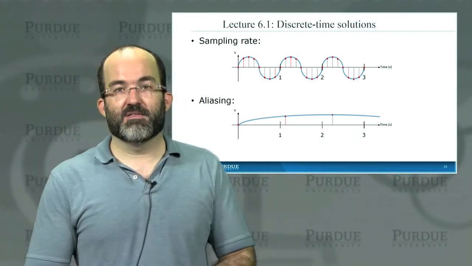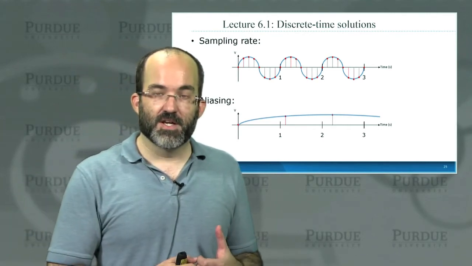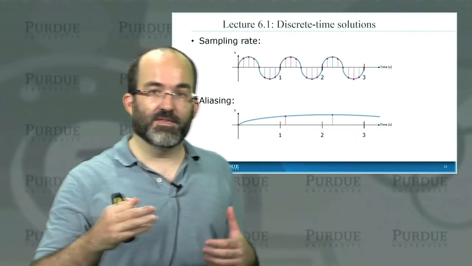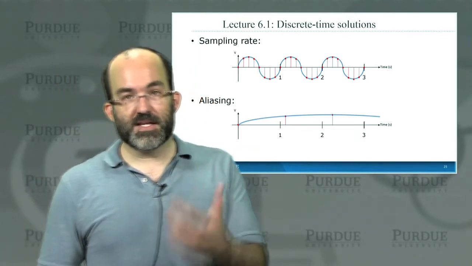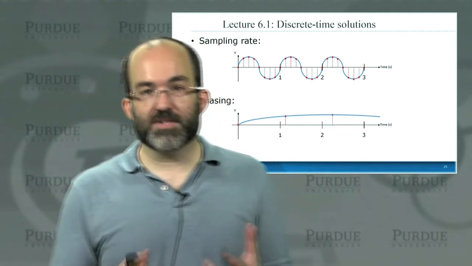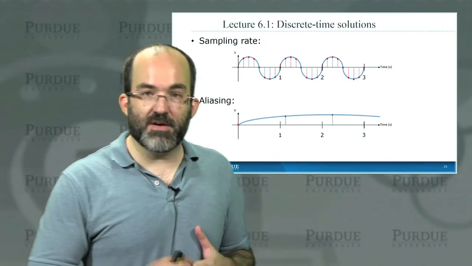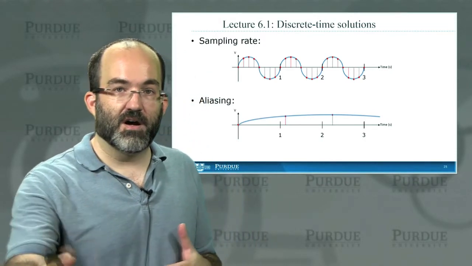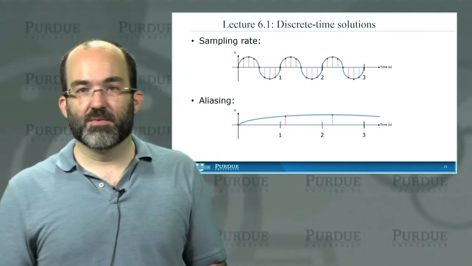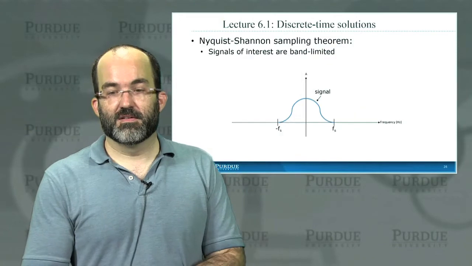You can get the same sort of effect in an audio signal where a high frequency reflects as low frequency noise. So a high frequency noise that you cannot hear becomes part of the audible band, and you can get the same thing, importantly, in biomedical signals. So when you're looking at bioelectric signals, if you don't sample them adequately, it'll seem as though some of the high frequency components are actually signals, and you will interpret them as action potentials when in fact they're just aliased noise. So this is a very important subject.